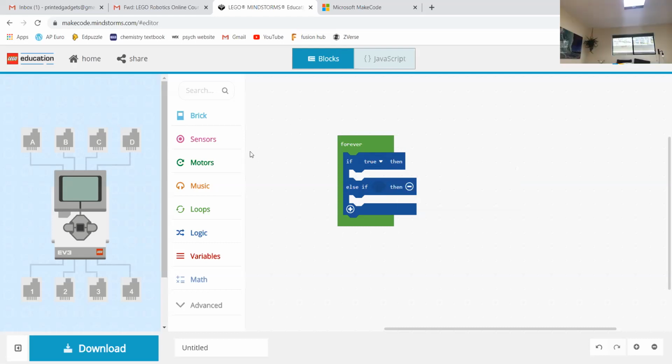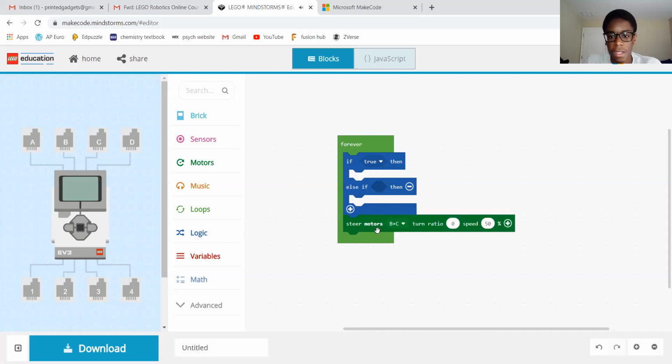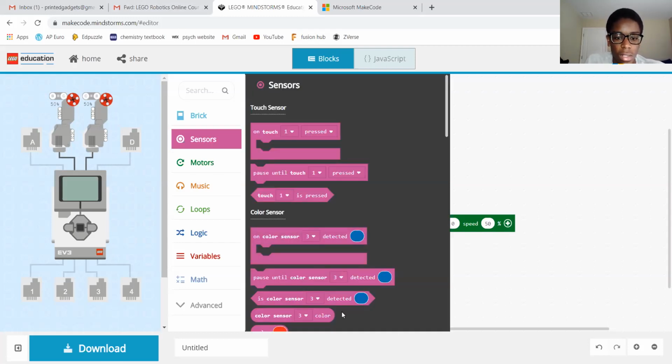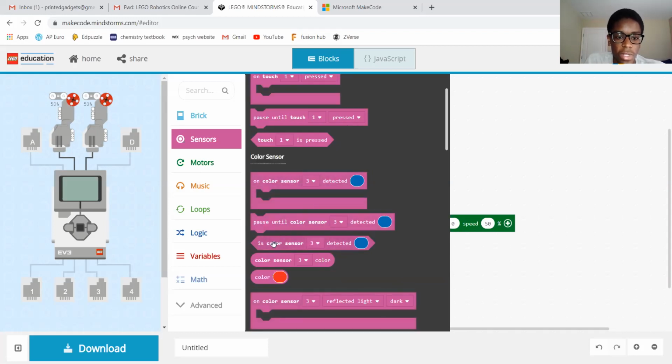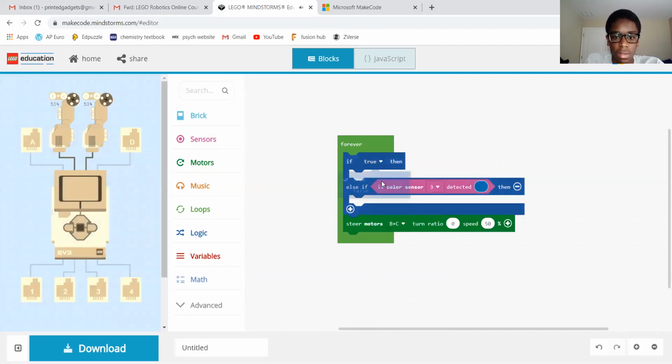So we could say we want our car to just normally keep on moving forward. If I go into motors and put the steer motor block at the bottom of our program, it's just going to keep on going at 50% speed. But if we introduce our color sensor, we could go into sensor and go down to the block that says "is color sensor detected," the one that has the little pointy edges at the ends. If I drag that and put it in our first if statement,